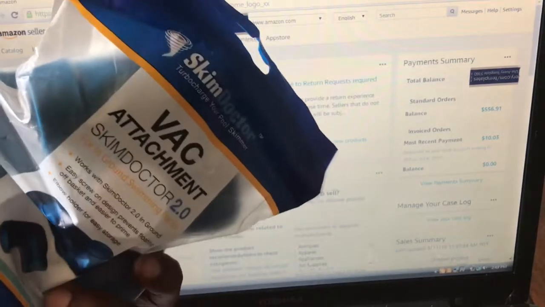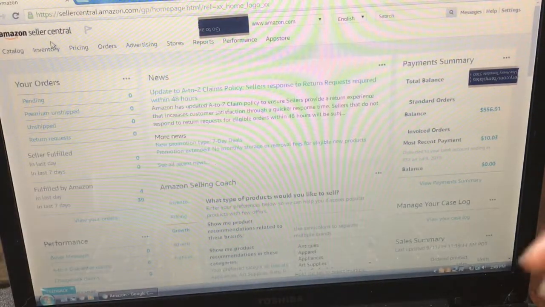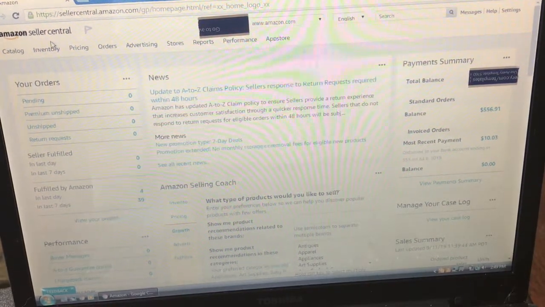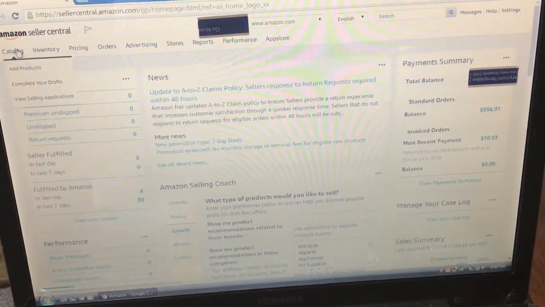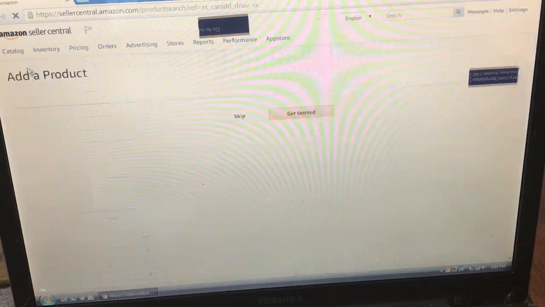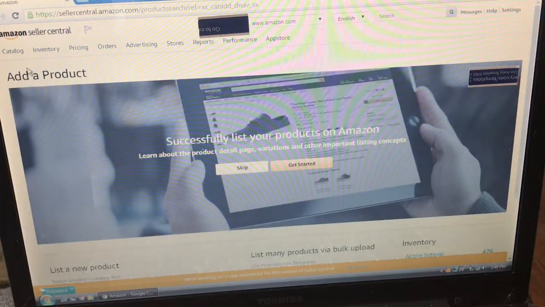You have to have a product. I'm just going to grab this product right here. This is one of my most popular products that I usually have. So then after, when you want to add a product, you're just going to simply go to catalog, add products. I usually go to inventory, add products. But